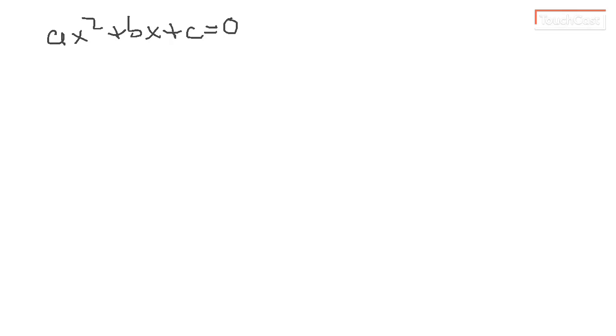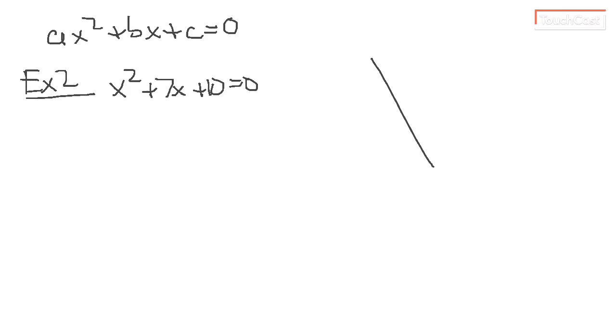So let's look at some more examples. We'll look at example 2, where we're going to have x squared plus 7x plus 10 and set that equal to 0. Now we're going to factor this. So we're going to set up our little factor x. We want numbers that multiply to make 10 and add to make 7. Since we've got a plus at the back, our two factors are going to be x plus, x plus,